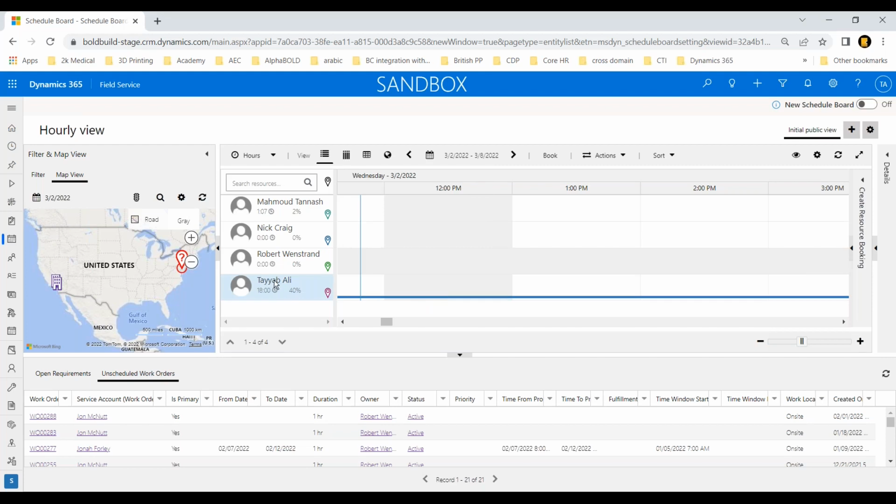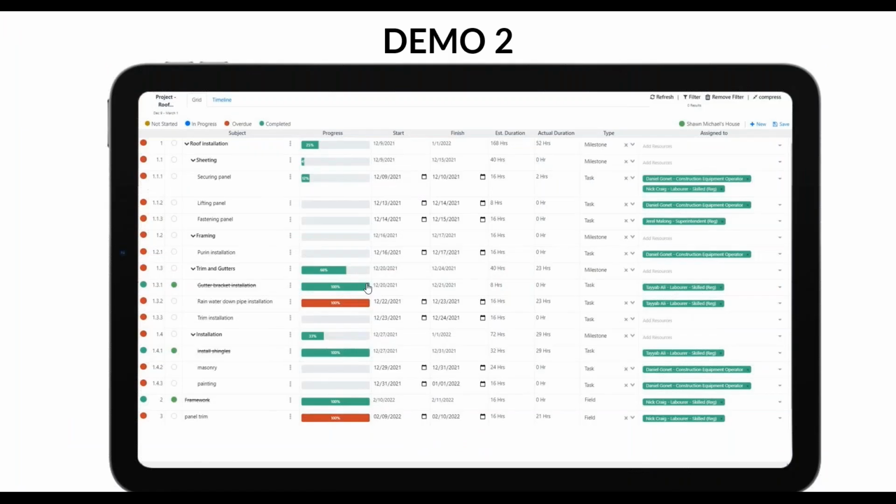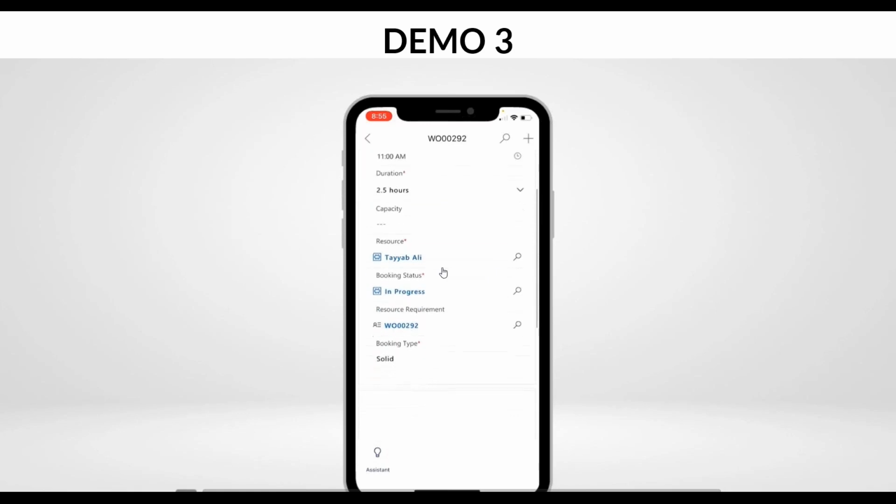But then this person will start working on it. So now Tayyab, as person who does the repair work, has his, again, mobile app. And he sees on the mobile app that I have been booked on this activity. So I'm going to show you his perspective again through a video as to how you'll go about conducting this repair activity at Shawn Michaels' house. So I'm going to minimize this, go back to my slide deck into my demo number 3 here. Yeah, perfect.